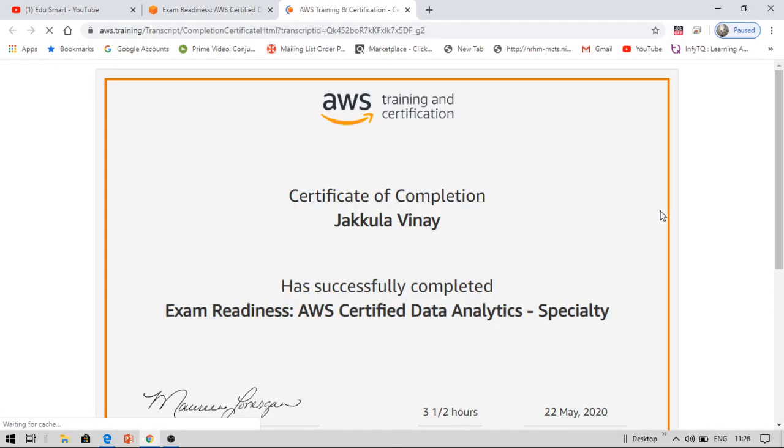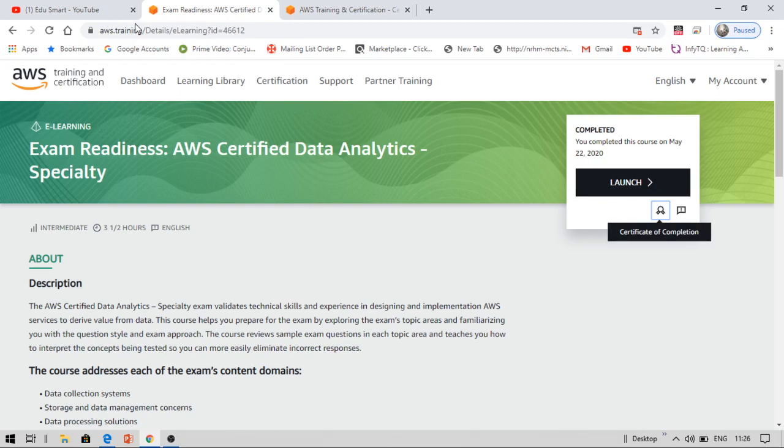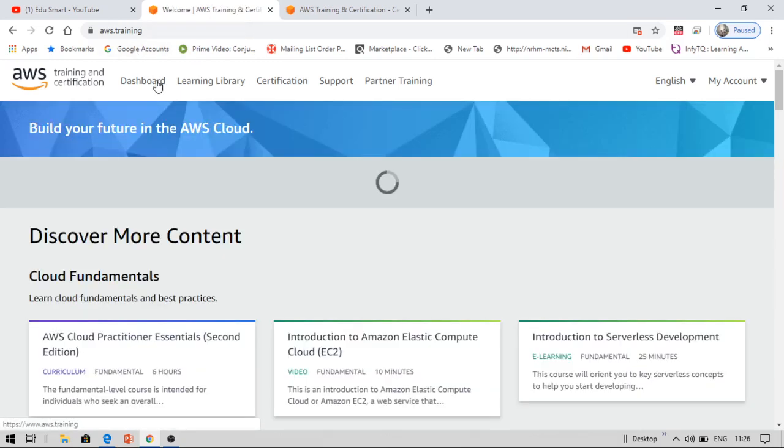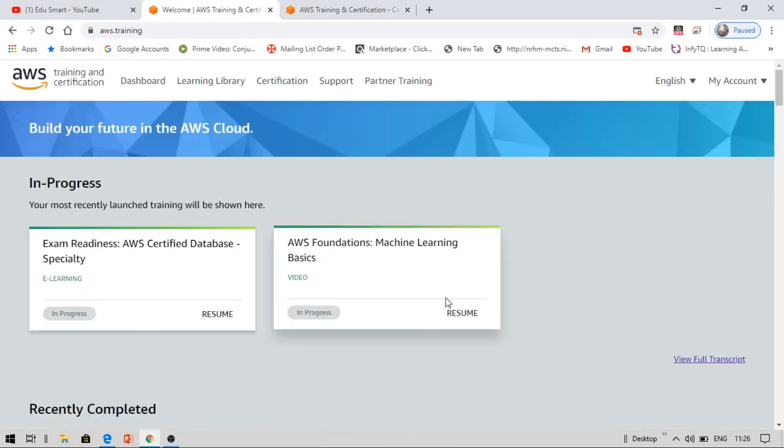So the certificate of completion is here. When you click that, you can see your certificate. See, certificate of completion. Jakula Vinay has successfully completed Exam Readiness: AWS Data Analytics Specialty. This is how I completed the AWS Certified Specialty. You can check it once you complete your download section.